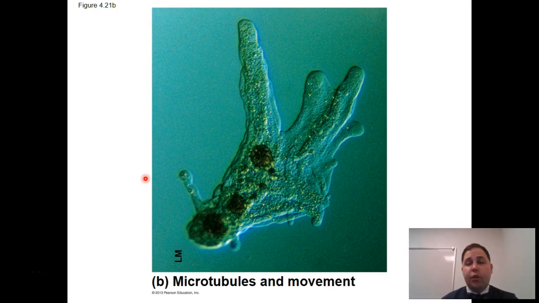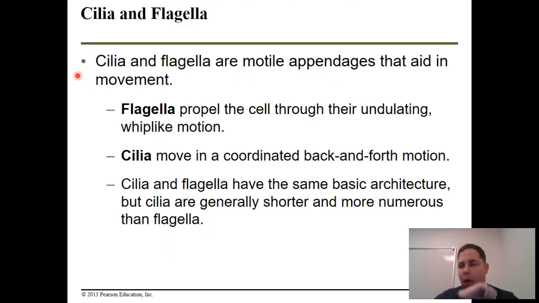They can help a cell move around. So this is an amoeba. Actin will help it reach out and then pull itself up. There are two major motile appendages that are based on the cytoskeleton, the flagella and the cilia. And these are those structures that you might know about that beat to help a thing swim.